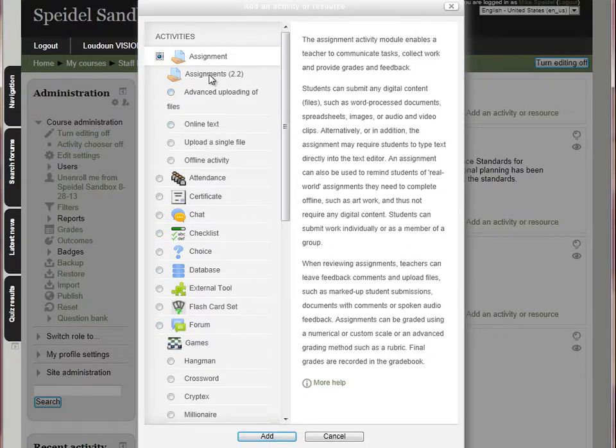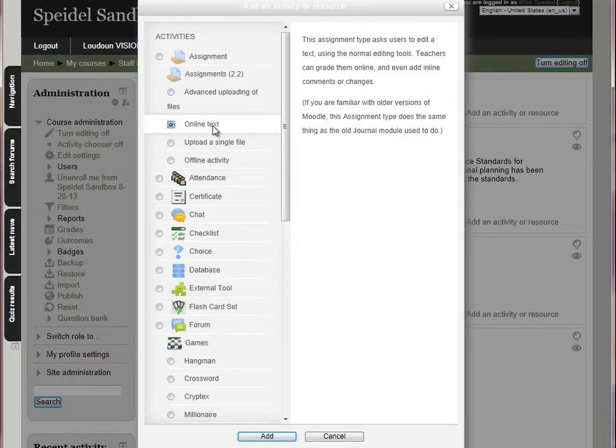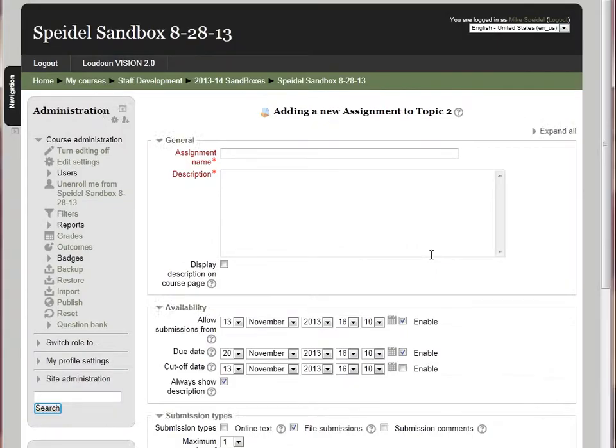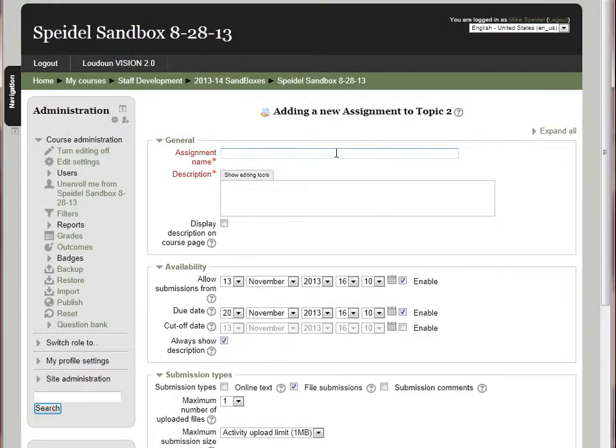As I was trying to say earlier, there are a bunch of different types of assignments. For example, if you just want students to be able to type into a text box and you're going to read it, you could click online text and that would give them that functionality. They wouldn't be able to upload a document. If you do want them to upload documents though, the best is to click on the default one and click add. That's going to load a window for us, and right here we'll name this